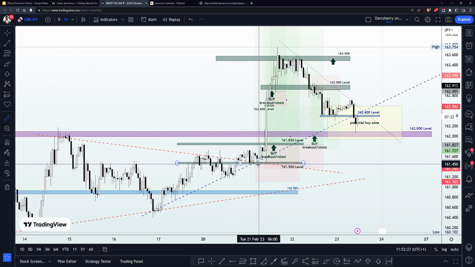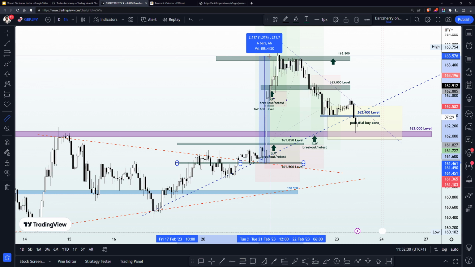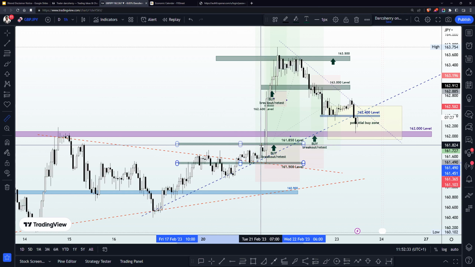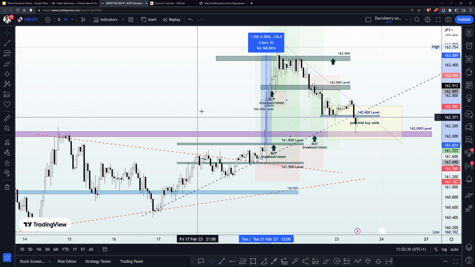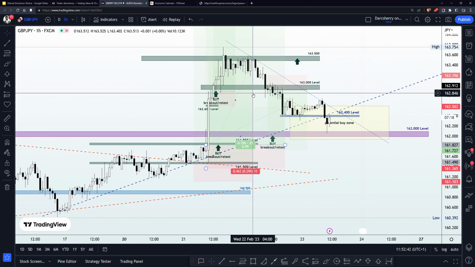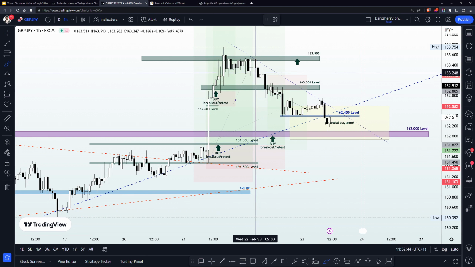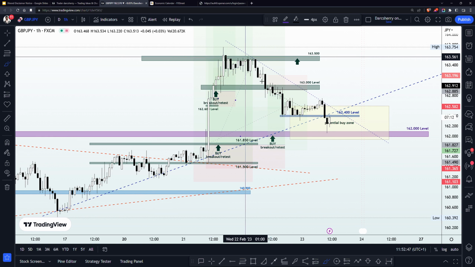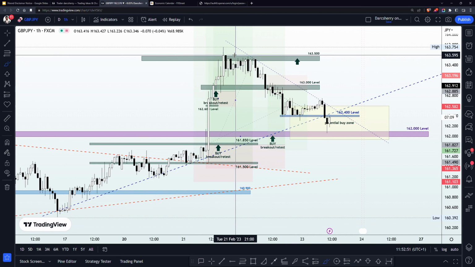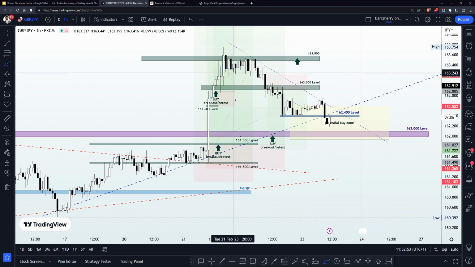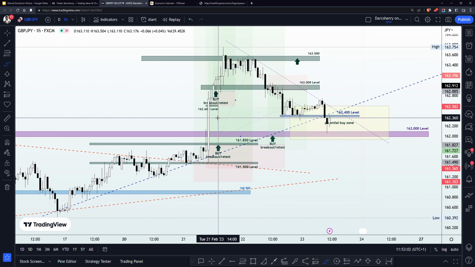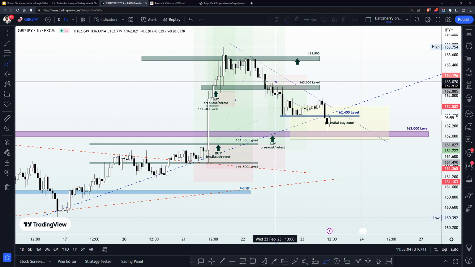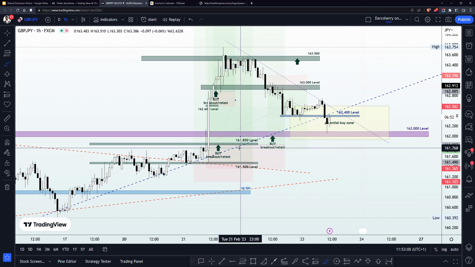And in fact, price action moved significantly well with over 200 pips on our first position and with over 170 pips on our second position. So we were able to scoop over 300 pips on that one, and we saw that price action was caught within a channel between the 163.500 level and the 163 area as soon as price tested the 163 level. And because of this kind of situation, you all know what we look out for whenever we have a simple flat channel like this. We wait out and remain patient for either a breakout of structure or a breakdown of structure to join a trading opportunity.